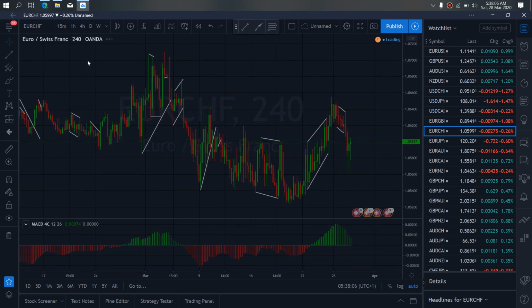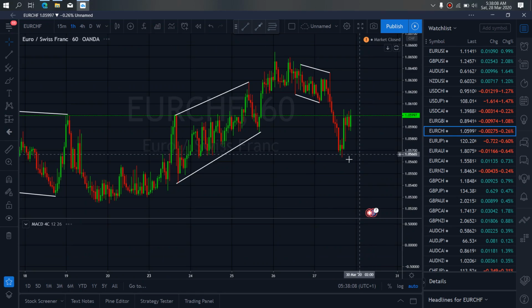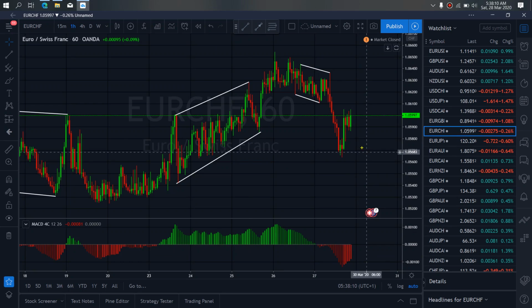We zoom to the 1-hour time frame. On the 1-hour time frame, at present